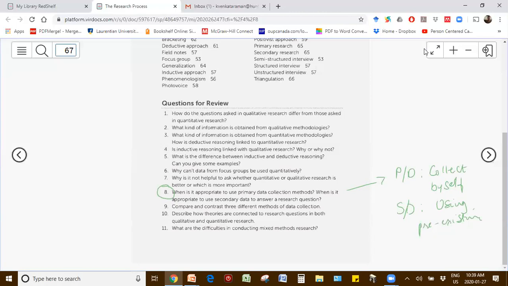The key thing about primary data is it's purposeful collection for a specific project. So you have a research project in mind. You're going after collecting data for this specific project. Could you be collecting additional data while you're collecting your primary data?